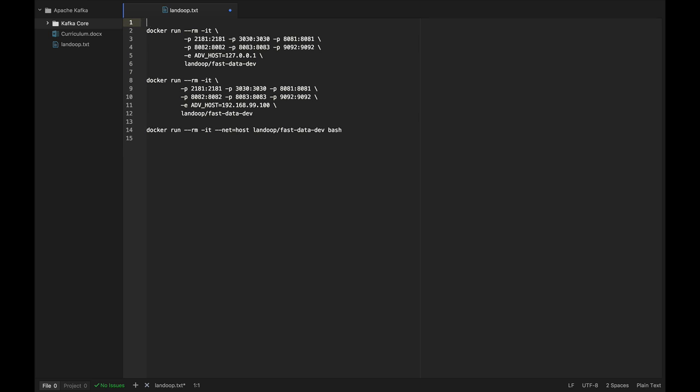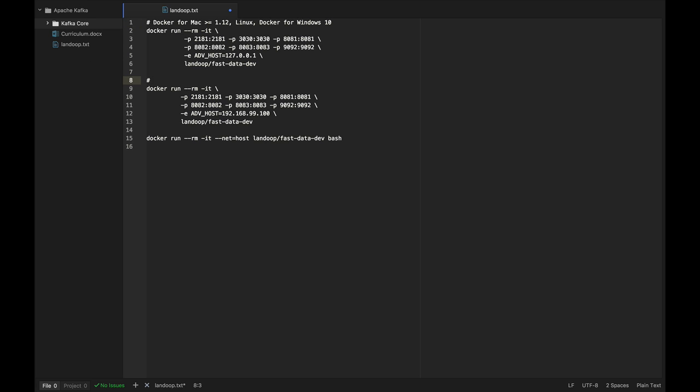The first command right here is for Docker for Mac, greater or equal than 1.12, or for Linux, or for Docker for Windows 10. And the second command is when you want to run Docker Toolbox, in which case you have a